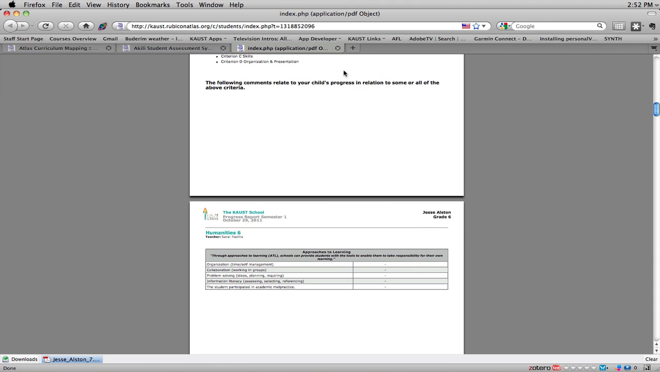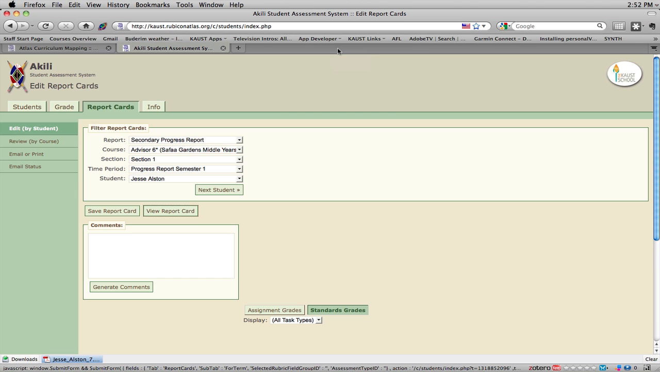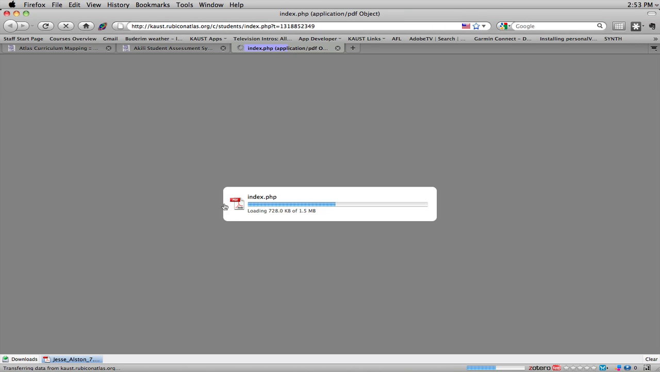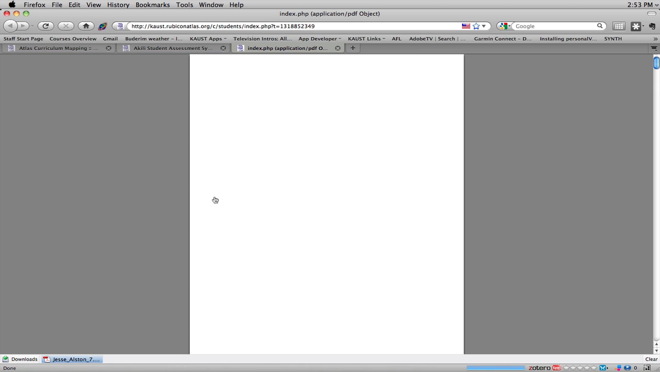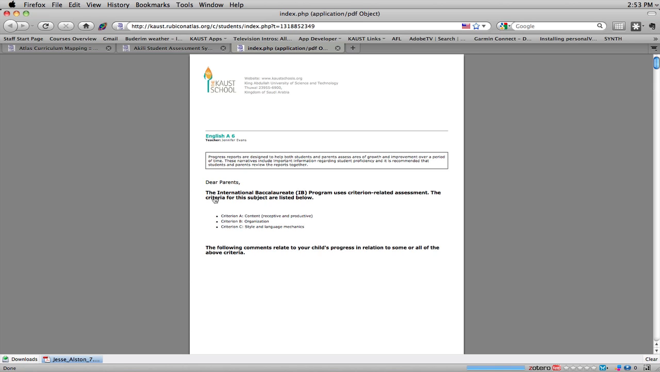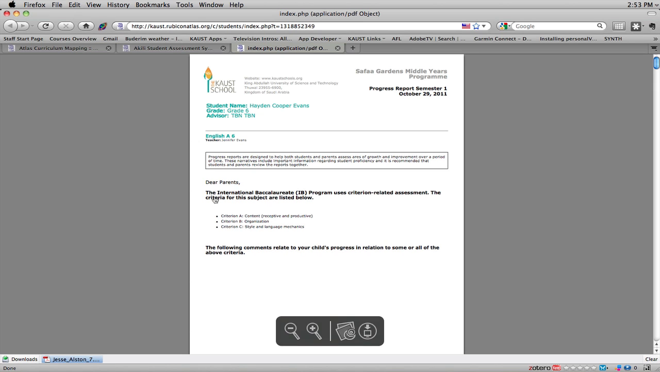Once that's done, you can close that tab, go to next student, repeat the process, view report card. So now as the report of the next student loads, you once again check everything off. Are all the subjects there? Are the comments spelled correctly, etc.? Are the ATLs there? If you find a problem,